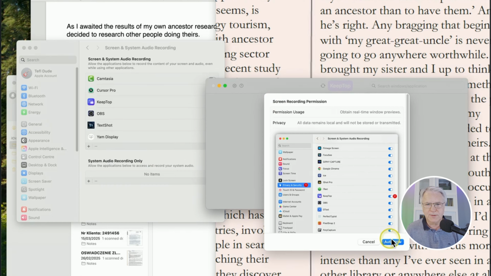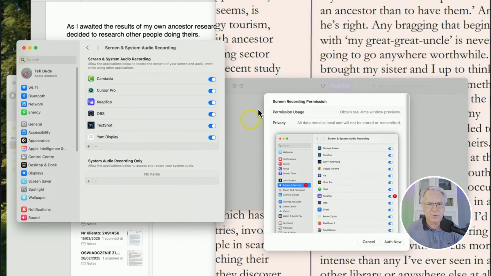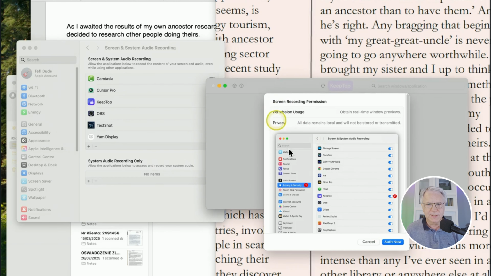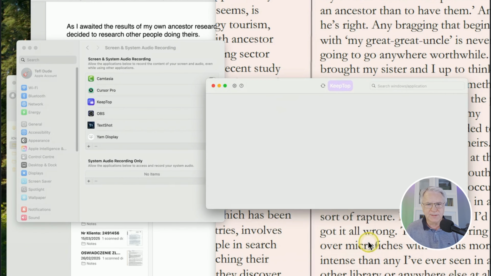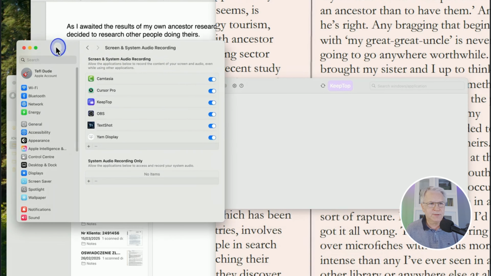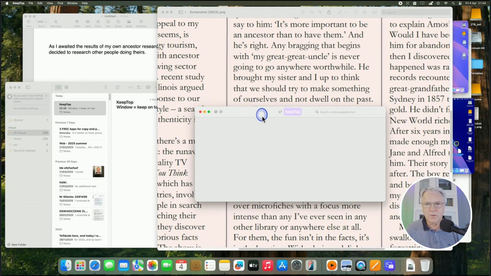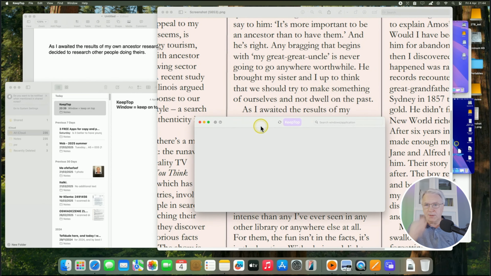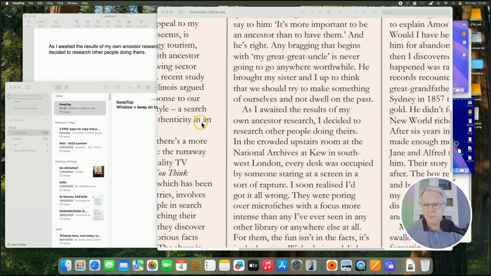And then it's done. I don't have to click authorize now because I've authorized it. If I do, that same window will pop up. It's a bit silly. So I'm going to click cancel here, and I'm going to close that. You can see it has been accepted. And now with this Keep on Top, I'm going to start it again. So I'm going to close it out,